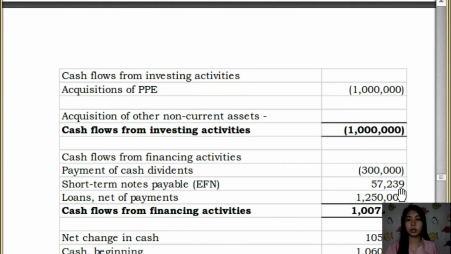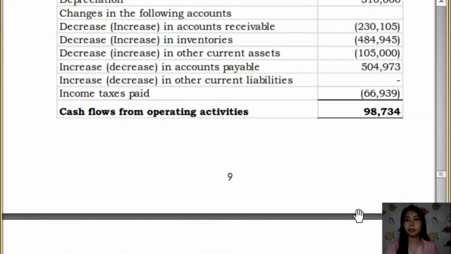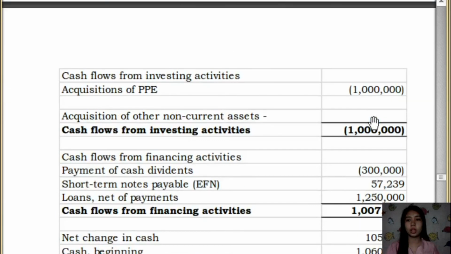So 57,239, and add 1,250,000 less 300,000. So you will get this 1,007,239. So the net change in cash will be all this cash flow. So see 98,734, less 1 million, and then add the 1,007,239. Makukuha niyo po si